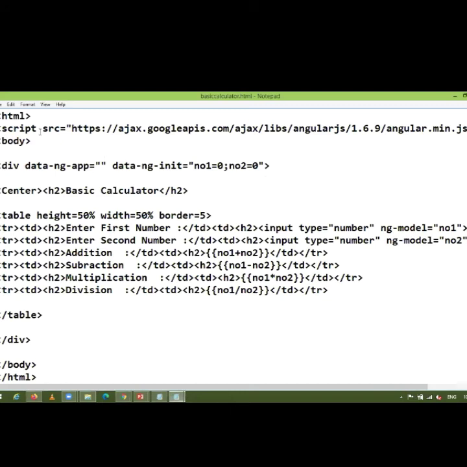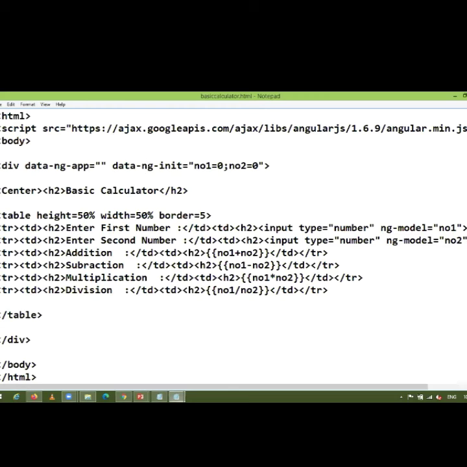So here, as required, we define CDN in a script tag. Then, without ng-app directive, you cannot execute any Angular program or script. Then by using ng-init directive, you are initializing two variables, number1 and number2. The default value assigned to these variables is 0.